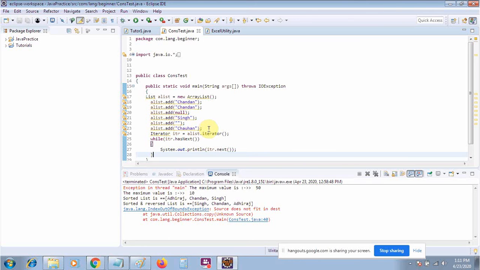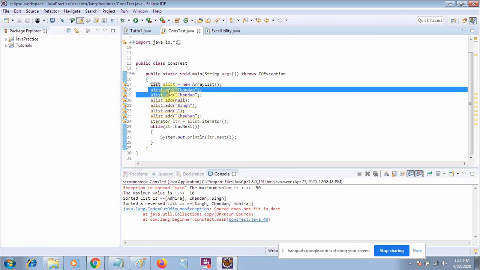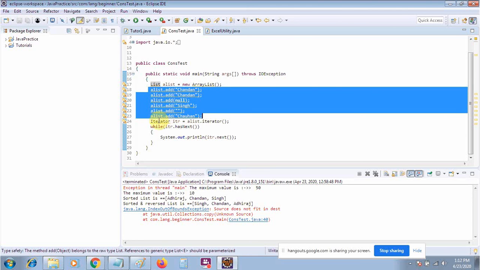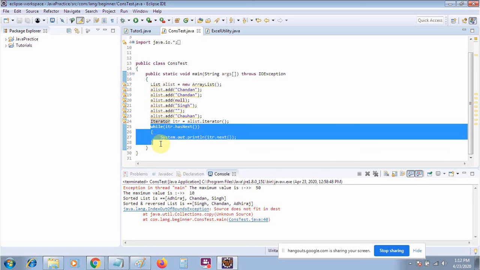So what I have done till now is put an example of array list, and I am using the iterator interface to iterate the values from a list. I am doing an experiment where I have added some null value, some blank value, some duplicate value. Let's see what the output will be. I am explaining the code again. I have created the object of my array list, added some values in it, and now using the iterator interface I am fetching out, or iterating, the values of my array list.